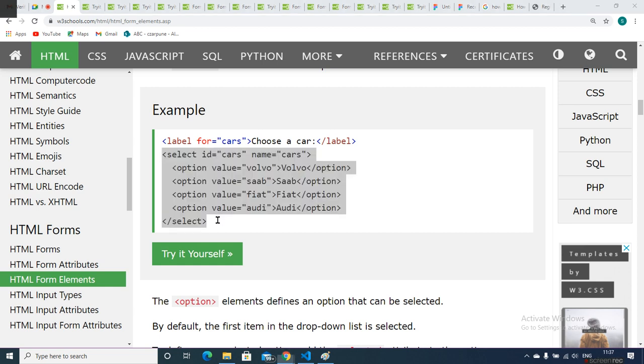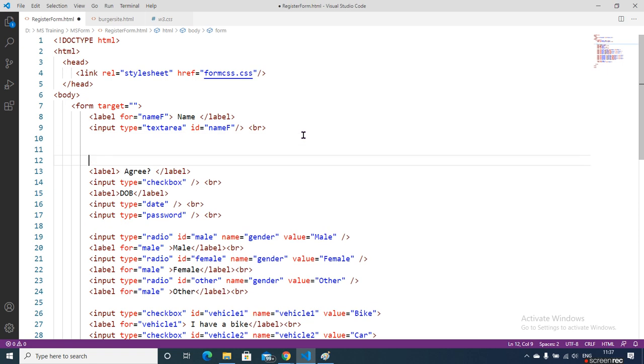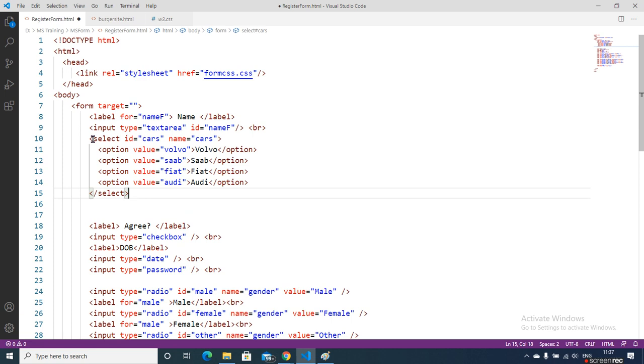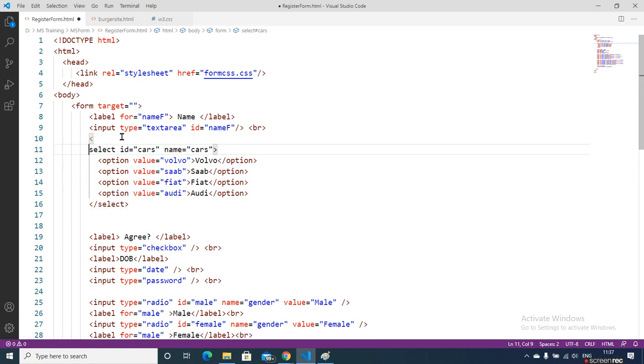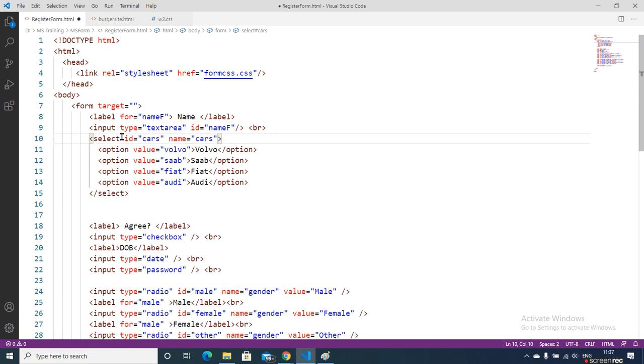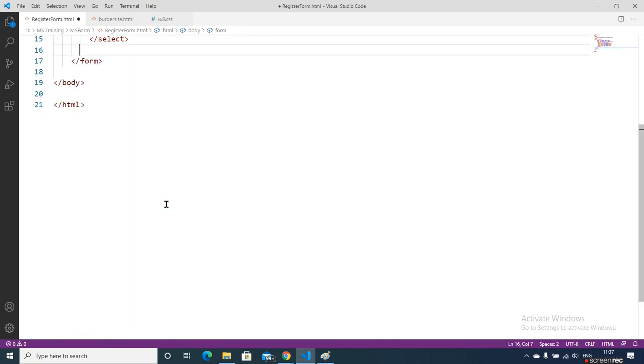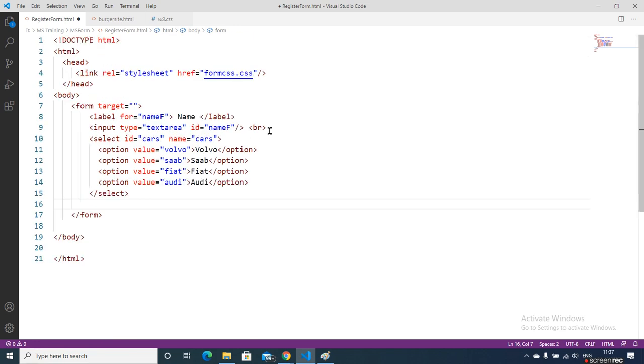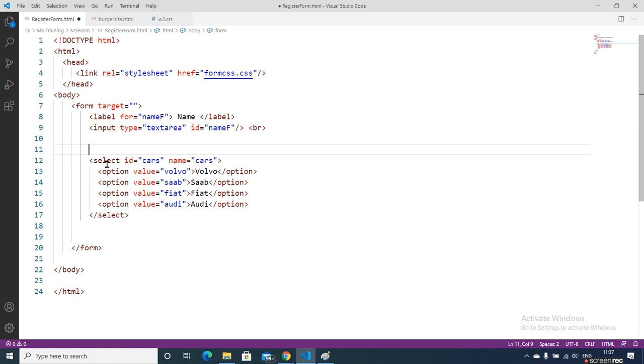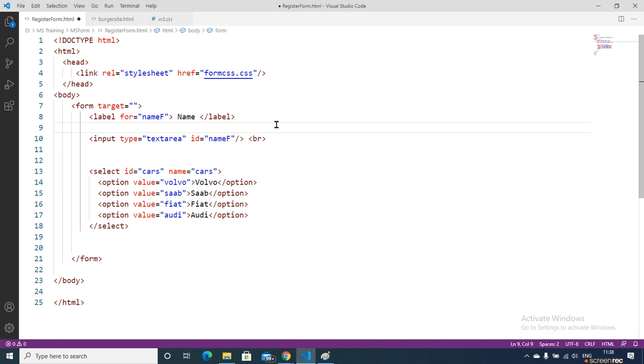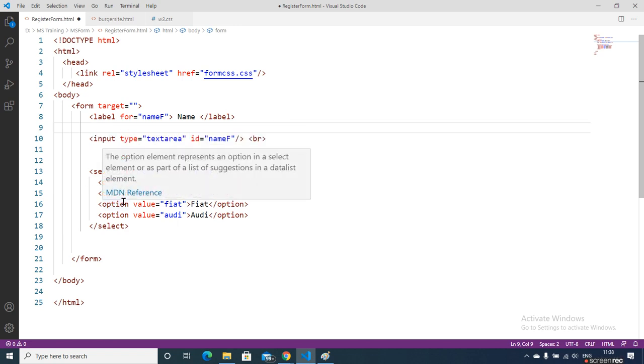Here I remove the remaining part to avoid confusion. So this is the input element, and this is the select element. The select element is used if you want to give a drop down option.